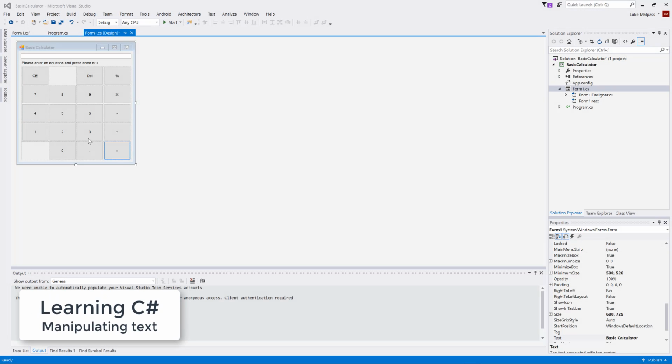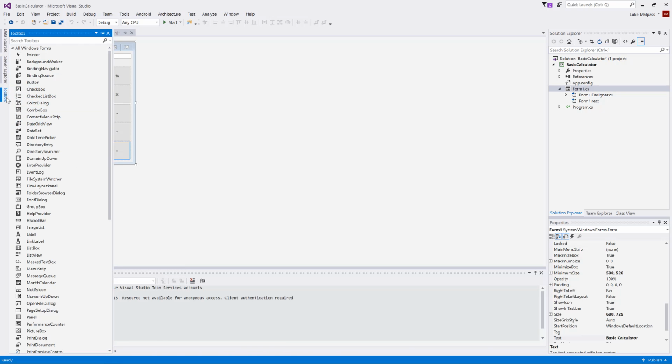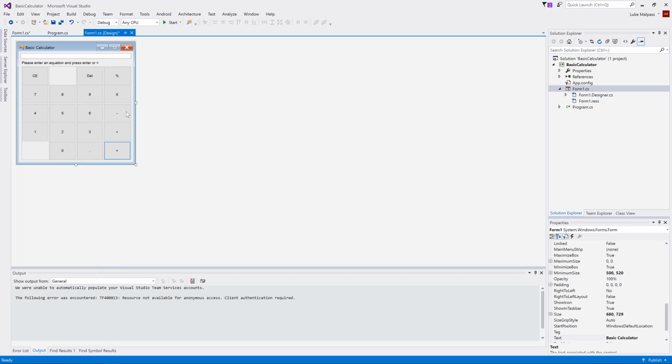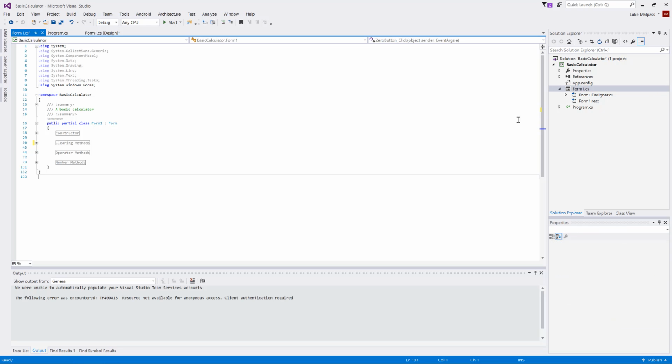In the last video we made this basic calculator user interface by dragging and dropping items from the toolbox onto the form, setting some properties down in the bottom right, and then double clicking all the buttons to add event handlers to the form's code, and then making regions to tidy things up. So we've grouped the methods into sections. These are all the button click event handlers. In this video we're going to start linking these up to actually do things, so we'll get straight into that,